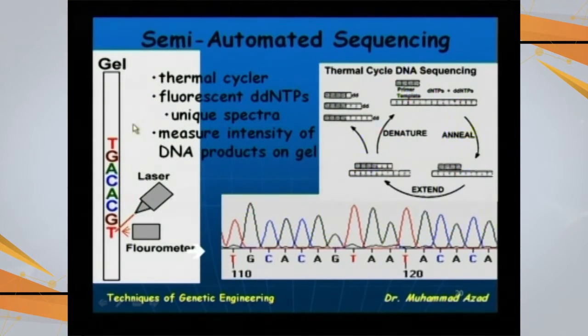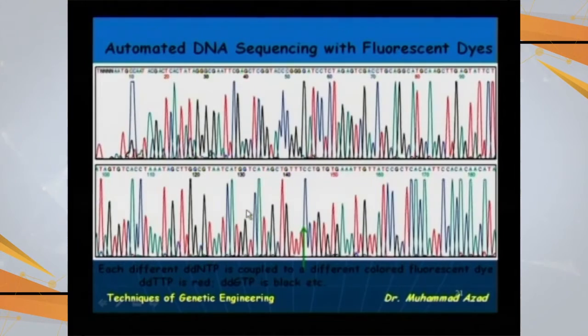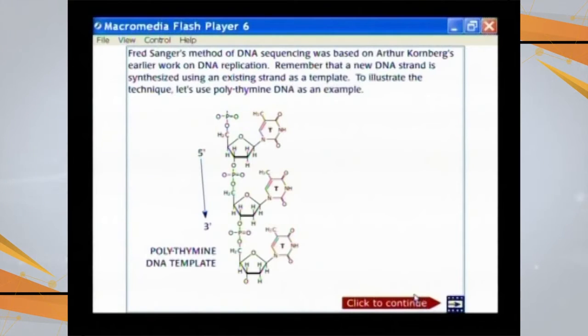The modern technique is, instead of doing it manually, now we read it from a computer. A laser beam is going to detect all of these labeled nucleotides, and that is going to create a graph like that, for T, G, C, A, telling us the sequence of a specific part of DNA, and this is one of the graphs. You must have seen the ECG, EEG like that. So these are the electropherograms, and we will look at the formation of these in the form of an animation.